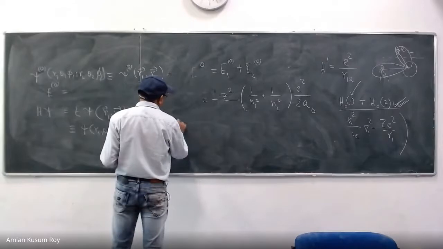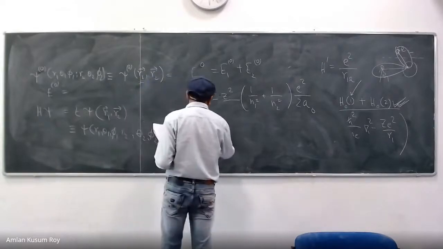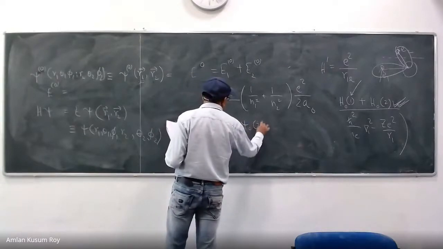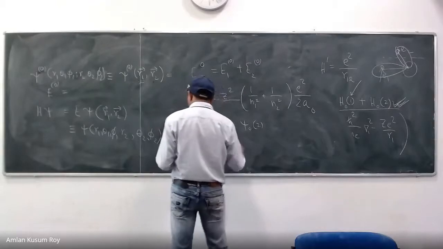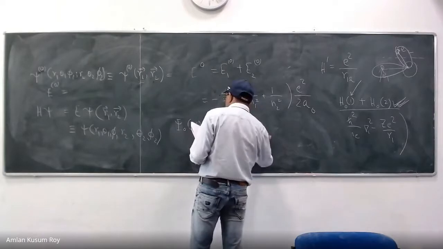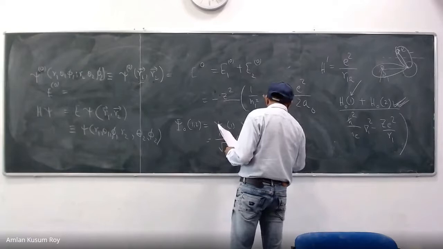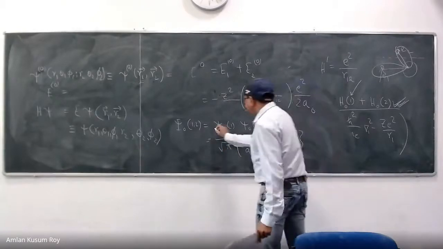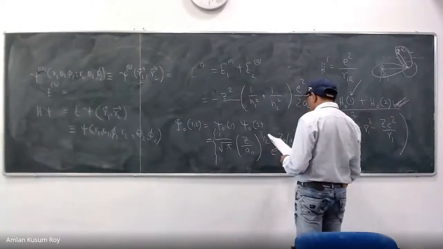Psi 0 is psi 0 1 2 here, clearly. So I can give a function psi 0 1 into psi 0 2. That is 1 over root pi, (Z over a0) to the power 3 by 2, e to the power minus Z r over a0. That is my psi 0 1, and similarly for psi 0 2, 1 over root pi